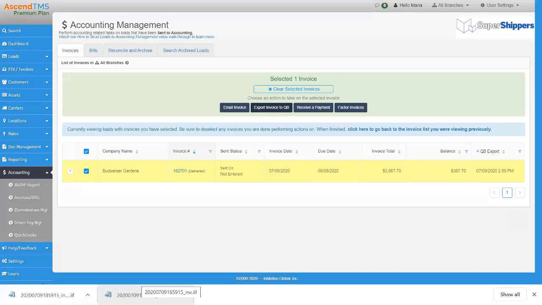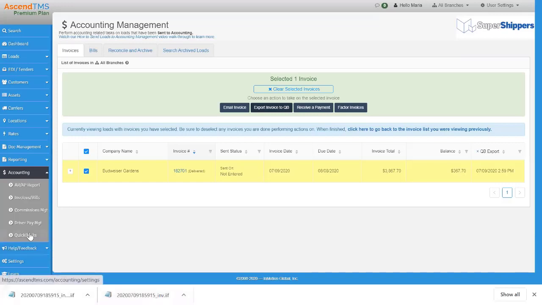The thing to know with QuickBooks Desktop right now, you can export your invoices and your bills. With QuickBooks Online, you have the ability to export your invoices and bills, as well as invoice payments. That's hooked up right now. Hoping to have bill payments hooked up really soon. QuickBooks has made some changes, so we have a new project coming in real soon, hopefully, to enhance that. So I wanted you guys to know the difference.